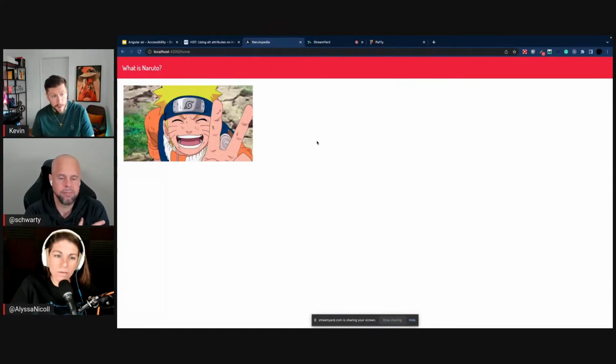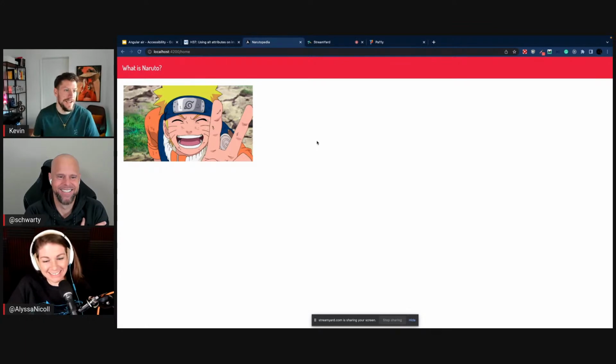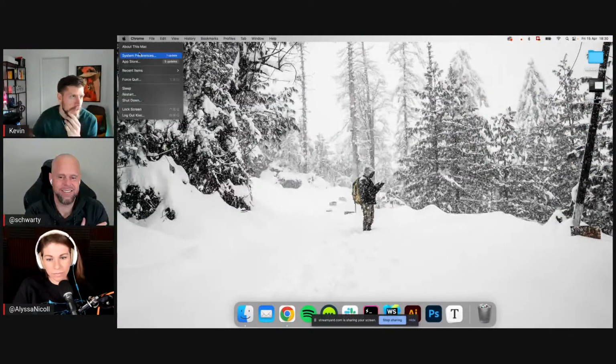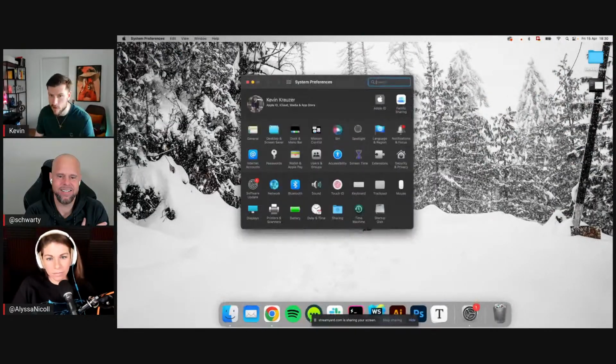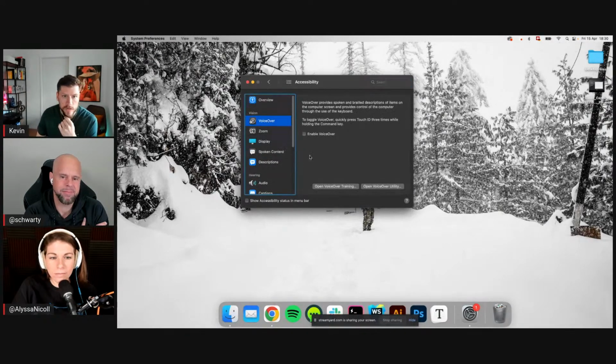And now I will turn on a screen reader, and you have to listen closely, because I cannot talk anymore when the screen reader is going, because it's interrupting me. It's not giving me space to talk. So just listen to what it reads when it enters the Naruto image. To turn on the screen reader, you can go to System Preferences on Mac. I don't know if there's something similar on Windows. And you can go to VoiceOver and then just enable VoiceOver. And now I will do that, and it will take over.